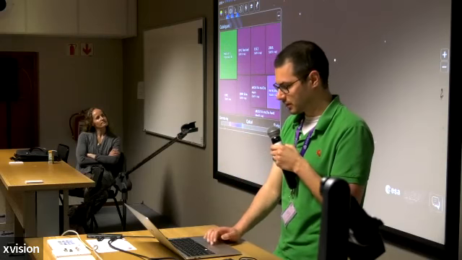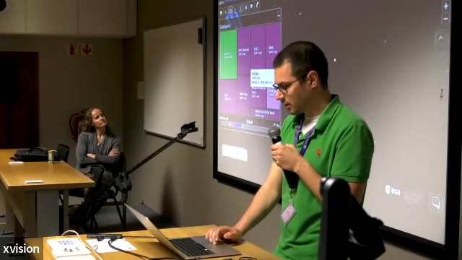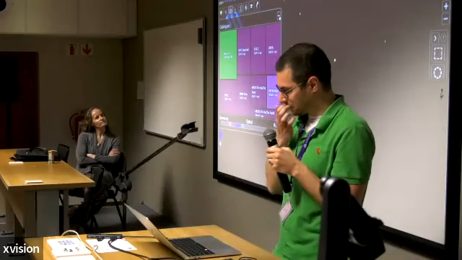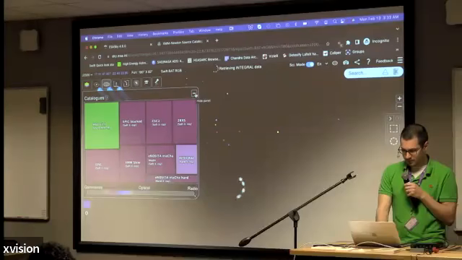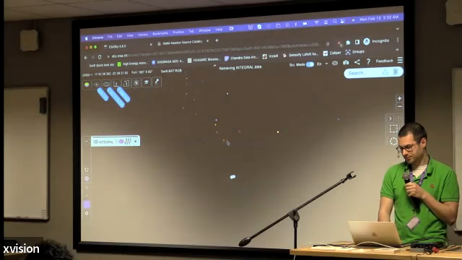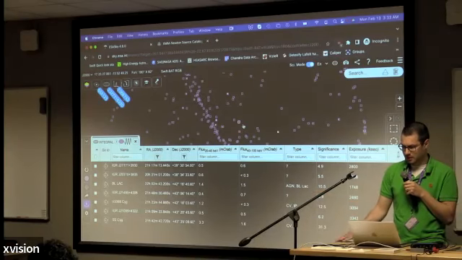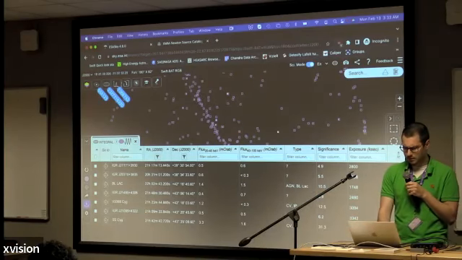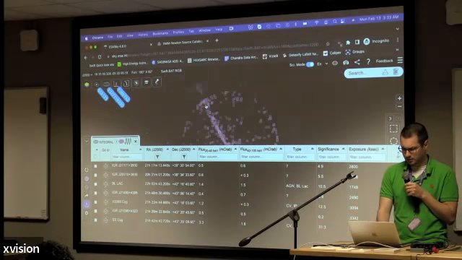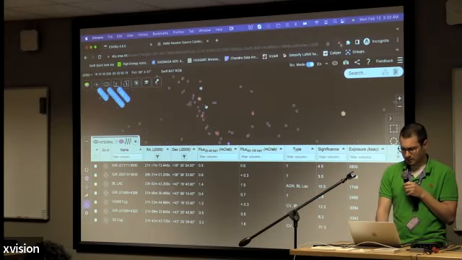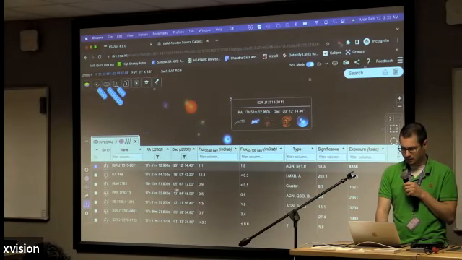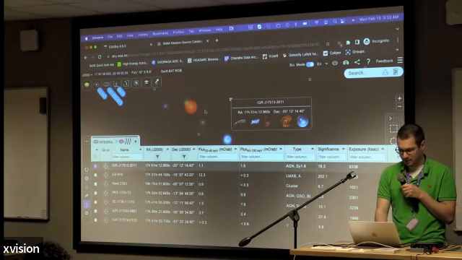So let's say we want to look at X-rays. We can pull in the hard X-ray catalog from INTEGRAL. It'll take a minute to load. But it'll basically plop all of these squares down on all the known sources. So INTEGRAL is slightly different than Swift, but I don't know that Swift's hard X-ray catalog is in ESA Sky. But you can basically then go and see all these sources and what they are. If you click on one, it highlights it in the table. So for instance, this is a Seyfert AGN galaxy.